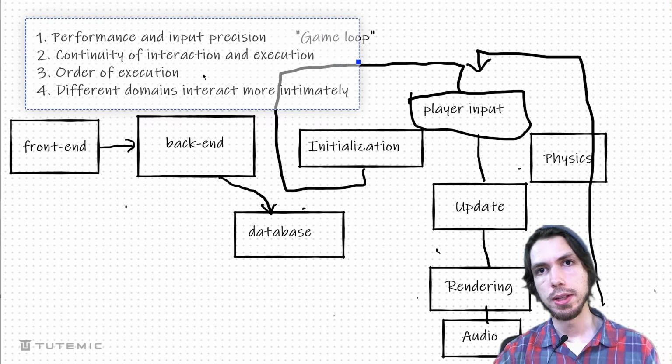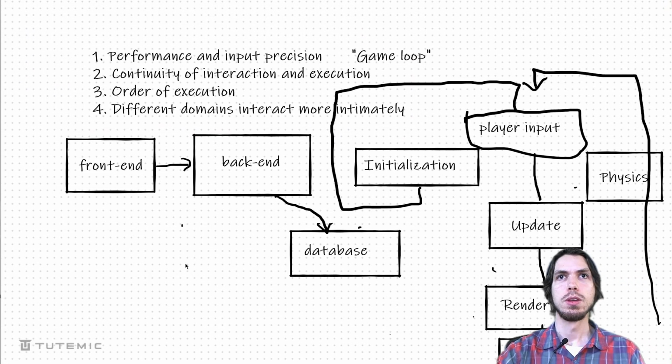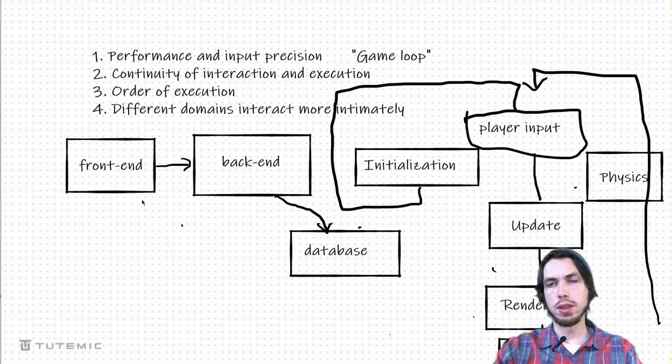Different domains interact more intimately. It's harder to avoid. So what I mean by that is that each of the different elements of a traditional application stack, in other types of application development, it's easier to sequester off the different elements into different places in different departments, where each part is like a black box. So the front end, the user interface developers, the JavaScript people, CSS, all these kinds of people who are writing the code for what the user sees.